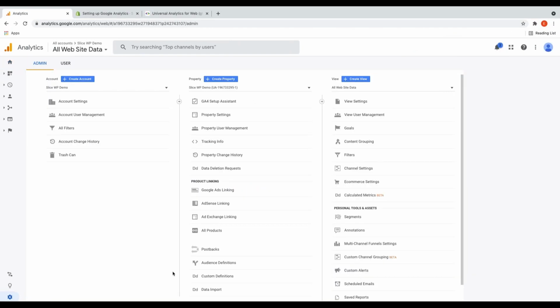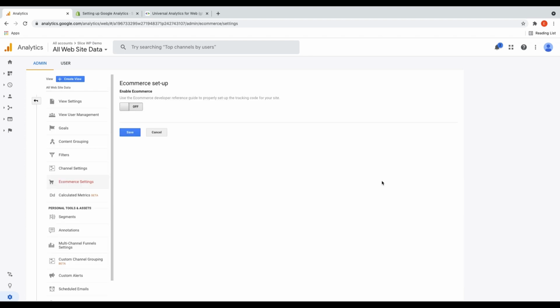Then you want to find e-commerce settings, which is right here. And then all you want to do is simply toggle this from off to on. Now, as you can see, once we turn it on, we have another option below, which is enable enhanced e-commerce reporting. So allow me to go back to my PowerPoint slides to explain the difference between standard e-commerce tracking and